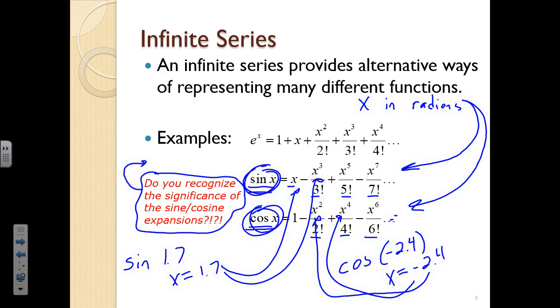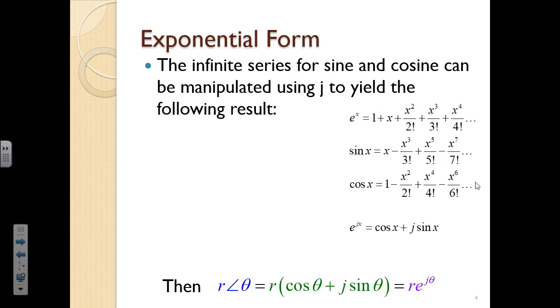There's also an infinite series expansion for tangent as well, but it doesn't really do us any good for today, so we'll leave that for your work in calculus. Now, one important consequence of that, and this is sort of what the whole day is based on, is this fact right here. If we know that e to the x can be represented by an infinite series as we just showed, then look what happens if you plug an imaginary number like j into that function. That means that e to the jx, we can plug in jx in every place that there's an x in that infinite series. That becomes 1 plus